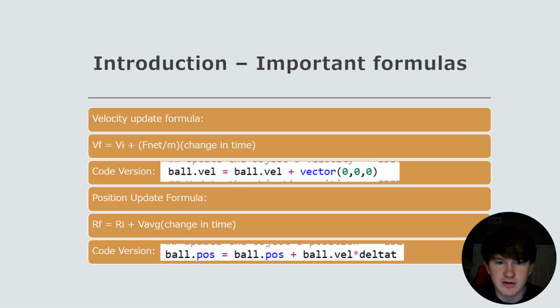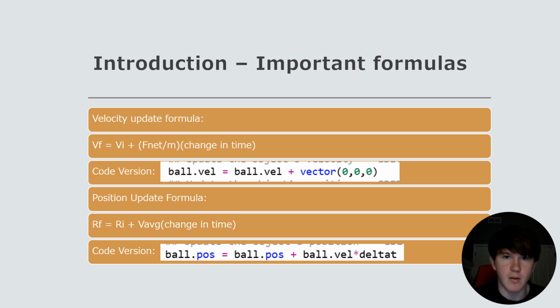So what are some important formulas? The velocity update formula is important. In this case, Vf equals Vi plus F net over m times the change in time. And because we're assuming that the net force is 0, we can say that the final velocity is equal to the initial velocity. And here's the code version, with the vector being 0, 0, 0,